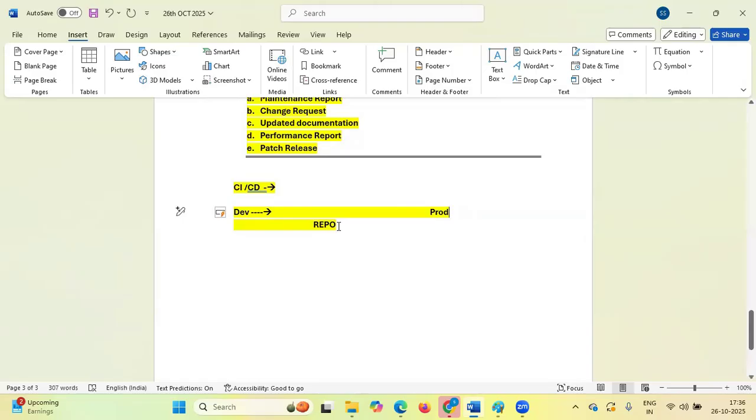So this is the repository, and here we are using CI and CD. Developer puts their code into the repository, and from the repository we deploy into production, dev to production. That is what we are using CI and CD.